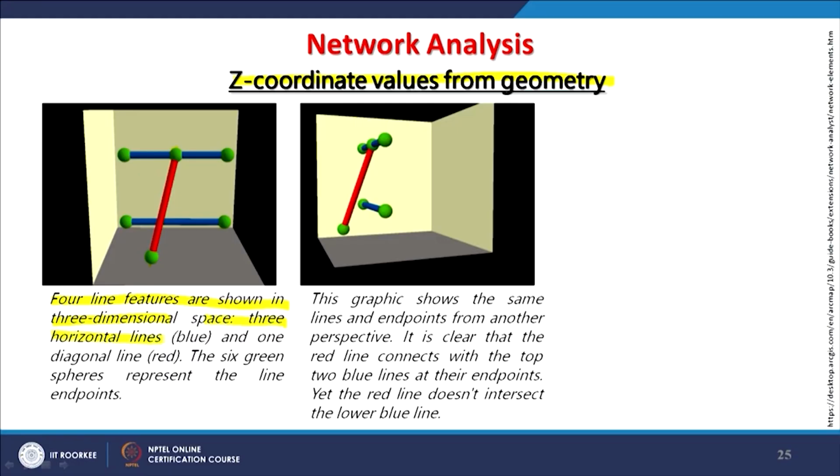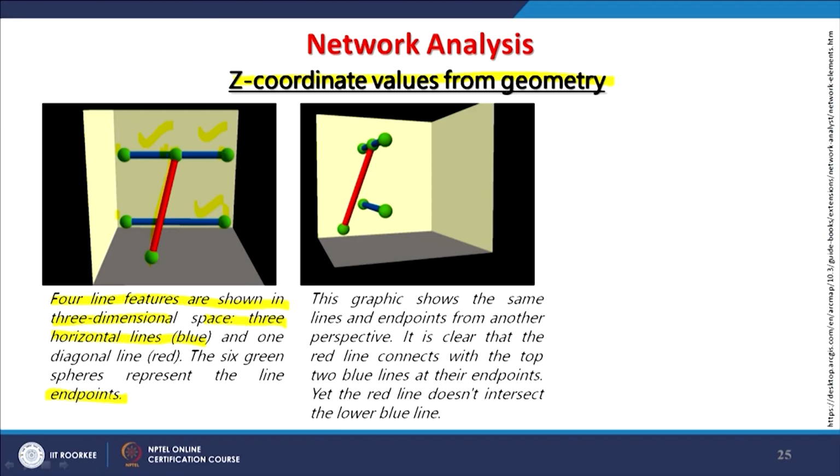So the 3 horizontal lines, the blue line, this line and this blue line, and one diagonal line which is the red line in this model, and 6 green spheres which you can count here, representing the end points of each